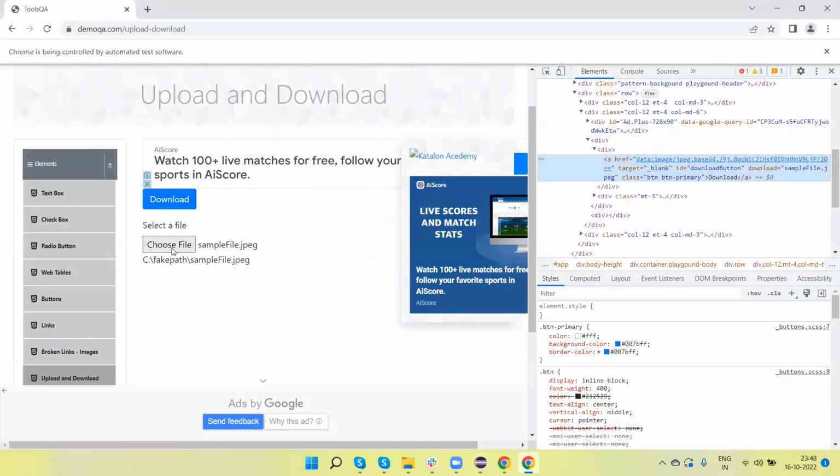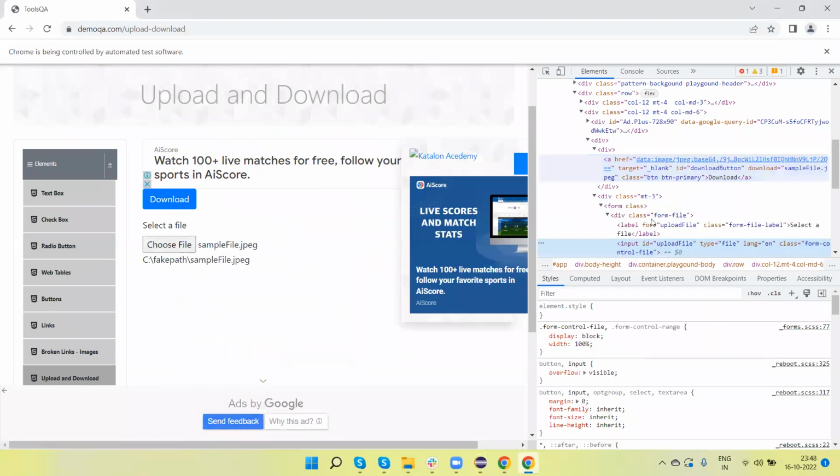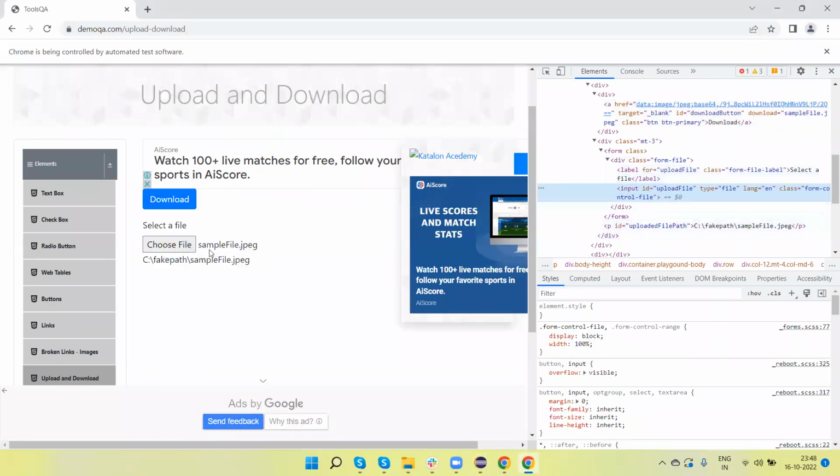Second thing, if we want to upload: if you go to the browse or choose file button, you will see this is the input tag, and there is an ID. We can create the locators, input tag, and you will see type equal to file. This is an HTML feature, using which they can create the browse button. So in this case, we will not